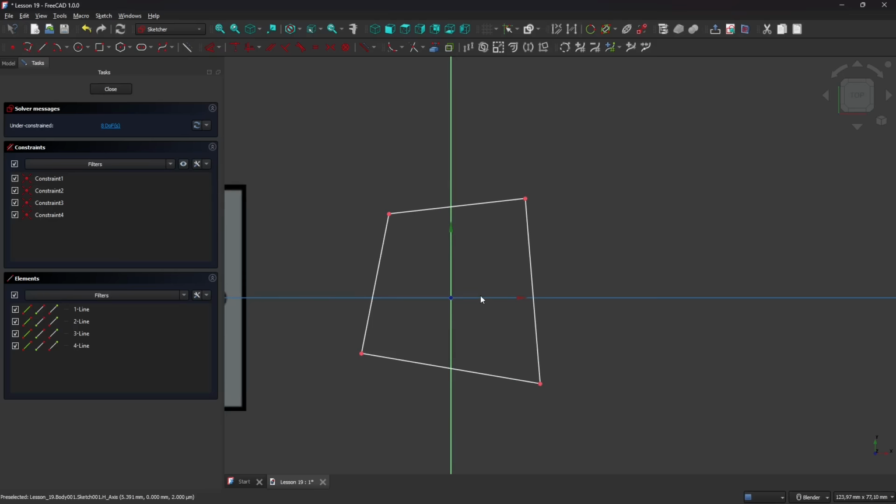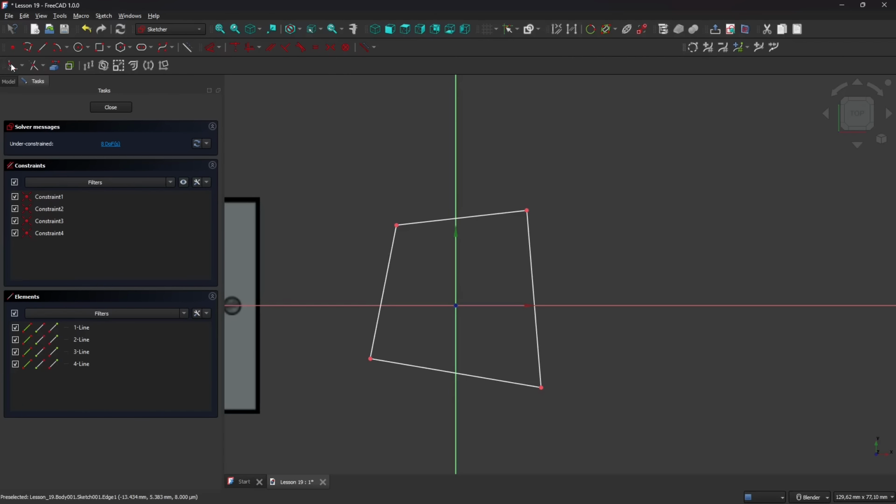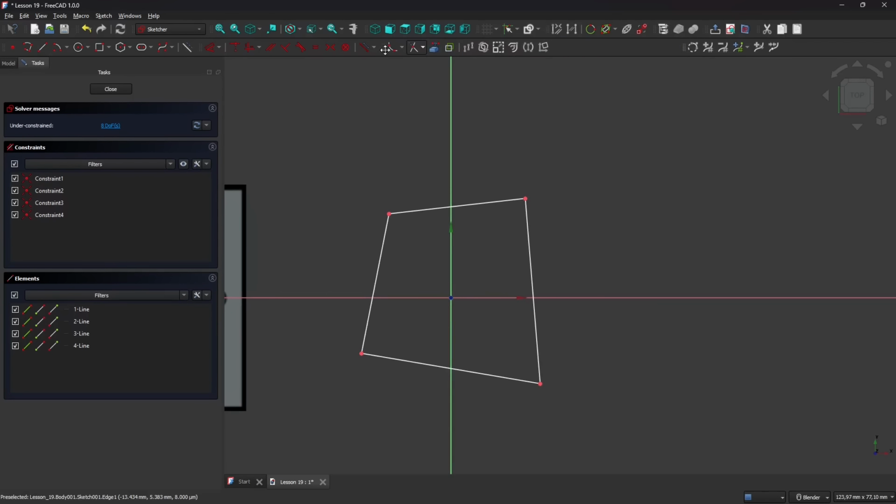And what I'm going to do, I'm going to start to use some constraints. Now there are different types of constraints. The first one on the left, this is the bar. By the way, you can also move this aside a little bit so you can see better. So we're going to concentrate on this